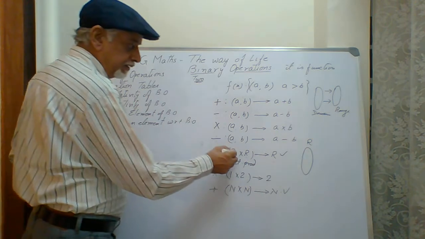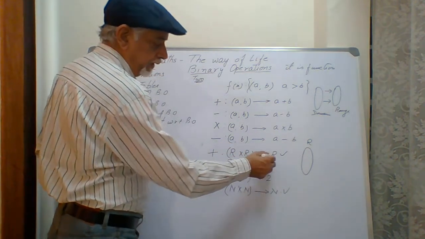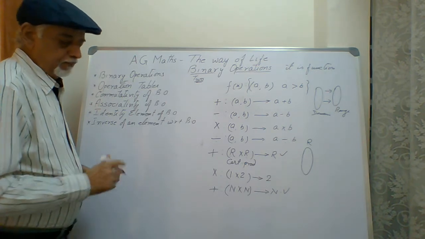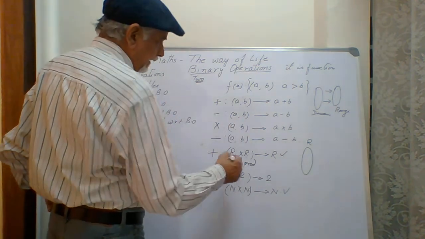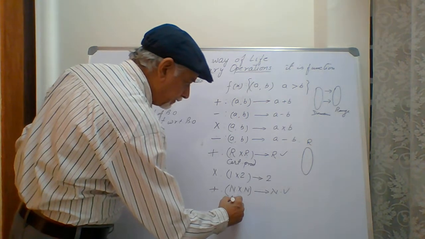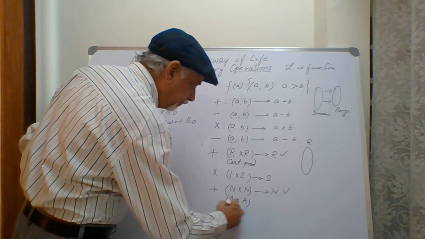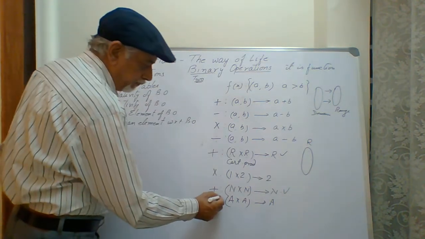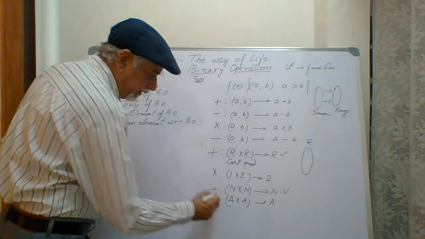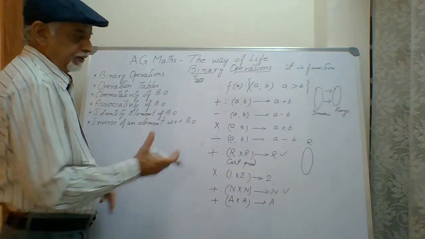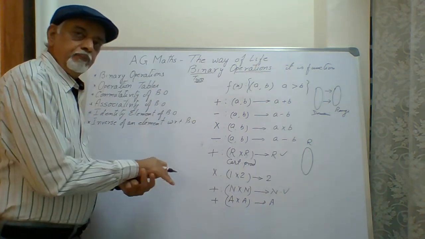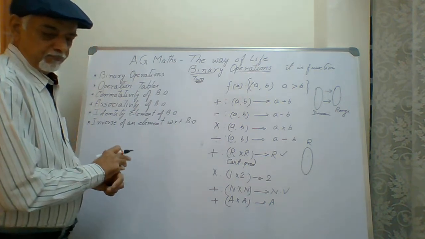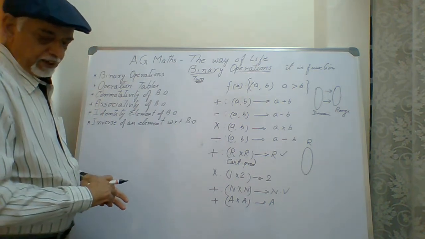If we change the set, whether it is the set of real numbers or the set of natural numbers, the answer differs. Similarly, we can have a generalized case of writing that A cross A gives me A. It generalizes to the statement that if a binary operation is applied on a set A, the result will also come in the same set A. If it is not coming, it is not a binary operation. So that is the meaning of binary operation.